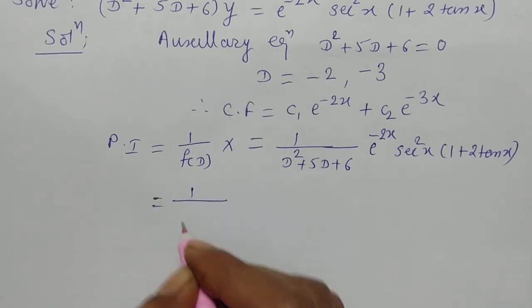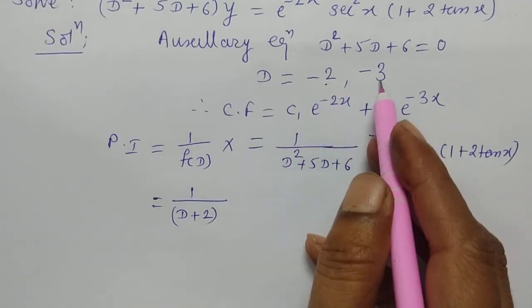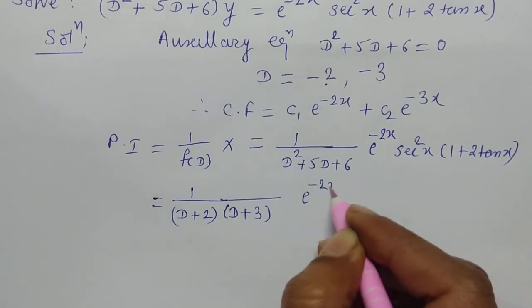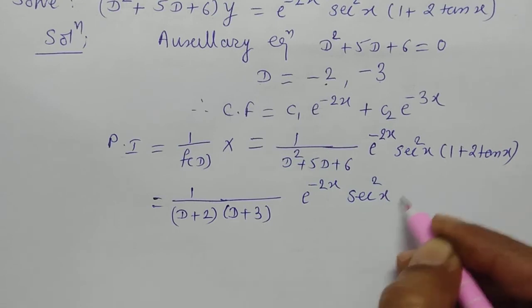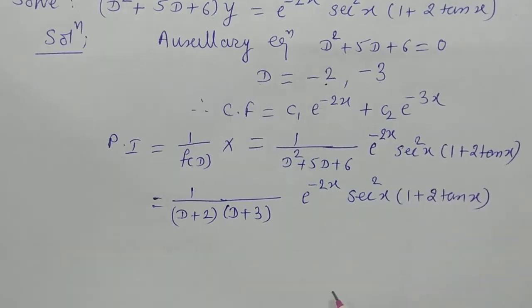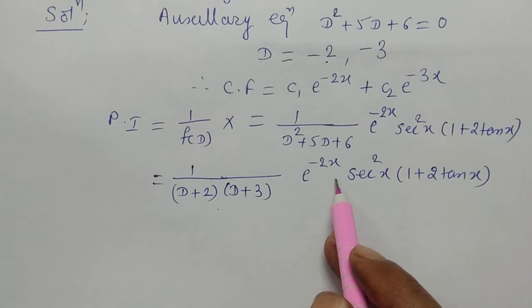So we'll write the factors. This is D plus 2, as the first value of D is -2, and then it is -3, so D plus 3 we have to write, into the function. And then we operate the factors. We have two methods. Again we can use the method of factors, that means in product form we can apply factors on the function one after another, or the method of partial fractions, that means we can separate the factors and operate them at a time on the function, but we will use the method of factors.